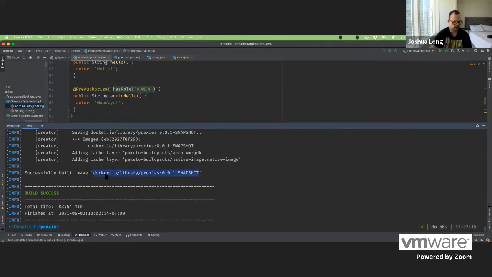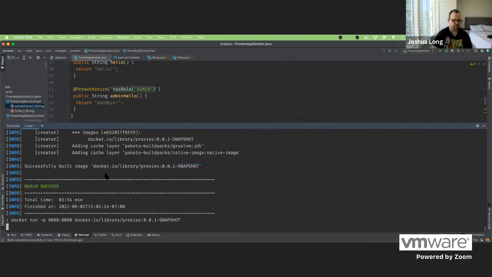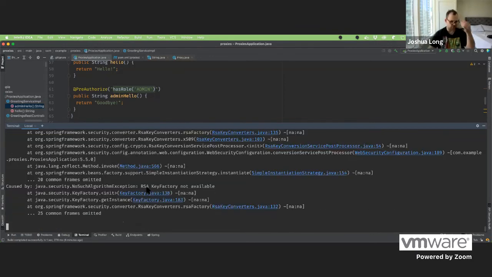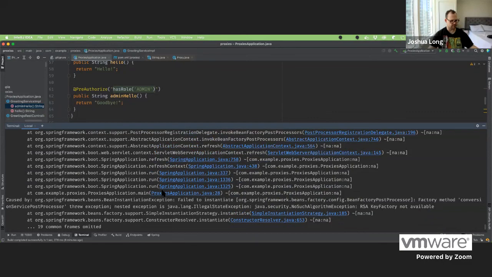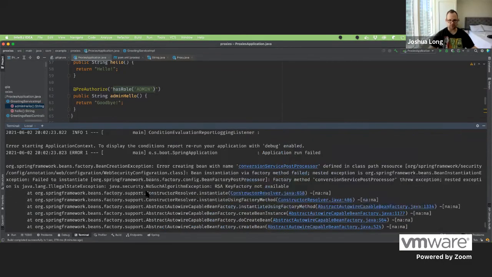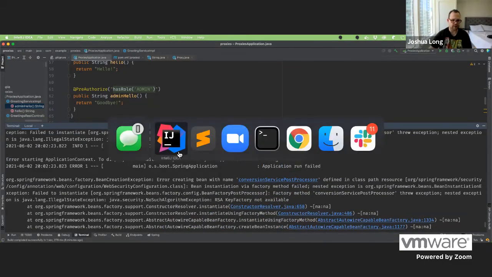So there's my proxy, Docker run -p 8080 to publish the port. It's a Docker image. Oh no, what did I do wrong? So anyway, I've clearly forgotten to do something special here, and we don't have time to fix it, I'm afraid,